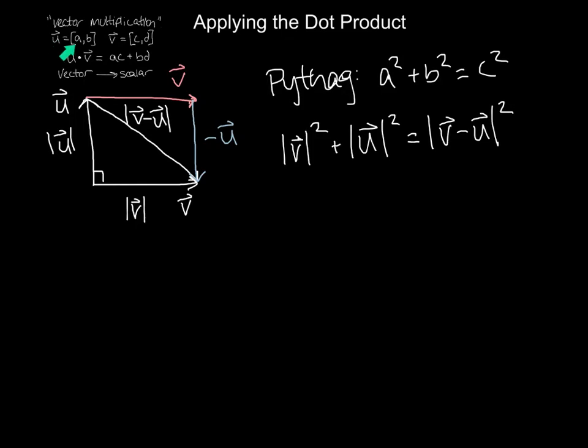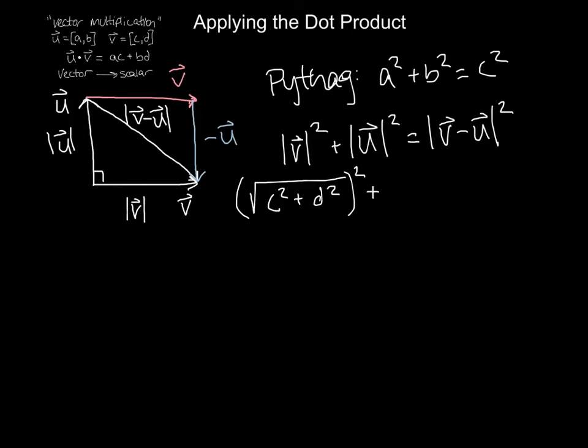So we'll let u be a comma b, that'll be our vector, and the vector v will be c comma d. So we'll just reuse those. And so then our magnitude of v is going to be the square root of c squared plus d squared, and we need to square that. And all that comes from is essentially another mini Pythag with just that vector, right? So we just need to square the components and add them together and take the square root to find the